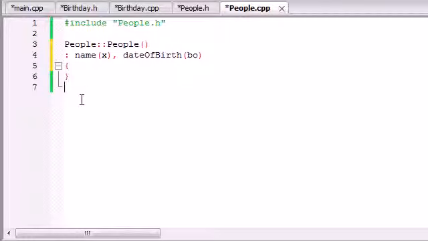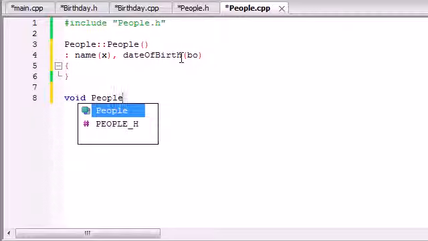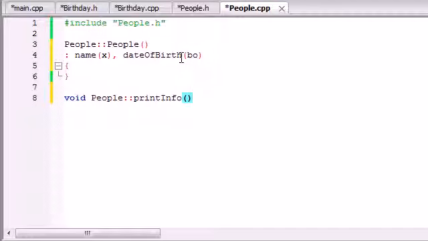So let's take that information and we can use that whenever we're building this other function, print info. So let's go ahead and, yeah, I guess I don't need to do anything before that. So let's go ahead and put void people print info, and of course this print info doesn't take any information, but it's just going to print something out on the screen. So what it's going to do is cout your name variable, which would be Bucky Roberts, and then go ahead and write something like "was born on,"